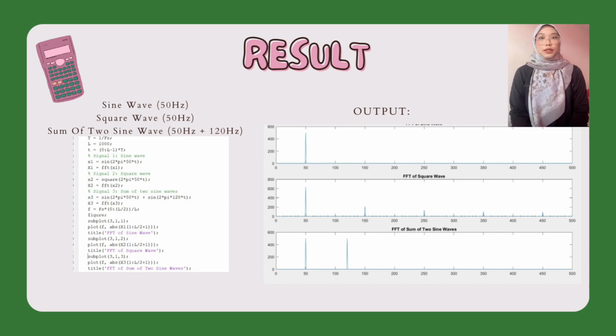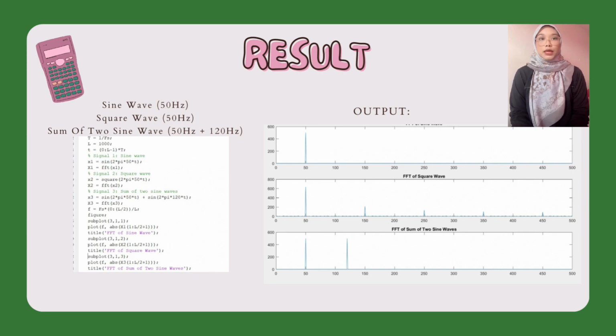Next, we have the square wave. Though it looks simple in the time domain, its frequency spectrum is more complex. The FFT reveals multiple harmonic frequencies: the fundamental at 50 Hz and its odd harmonics at 150 Hz, 250 Hz, and so on. This is due to the square wave being made of a series